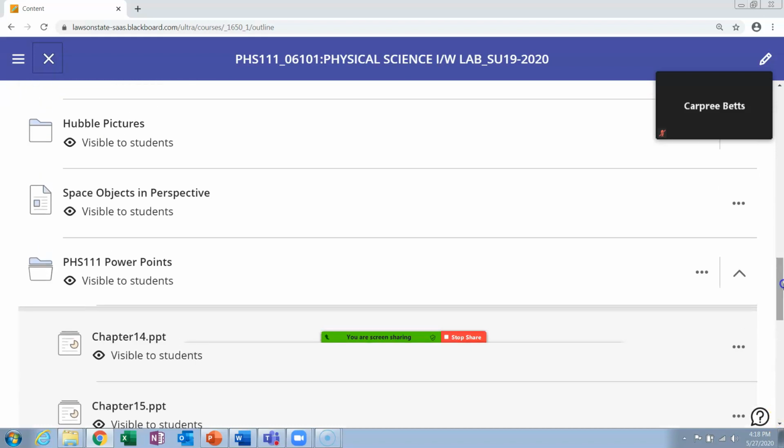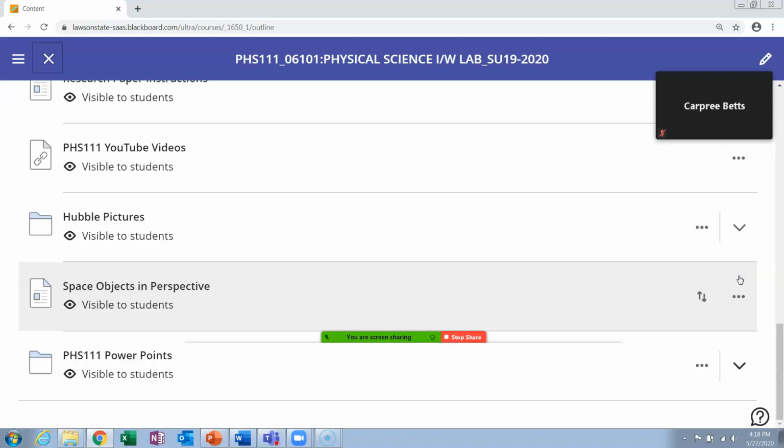The reason I put them there, if you want to look at them ahead of time, you certainly can. If you want to print them out and write on them and take notes on them, you can do that. However you want to use them, it's up to you. Okay? And I think that's the last of my content in Blackboard.